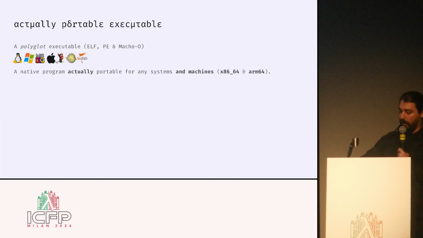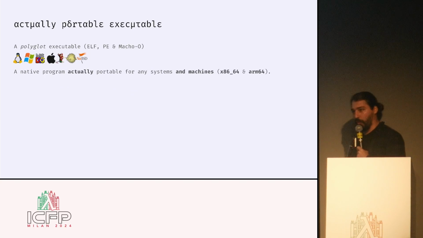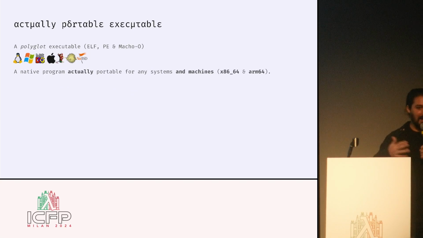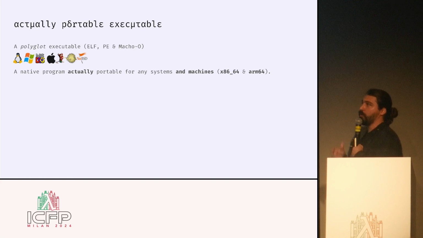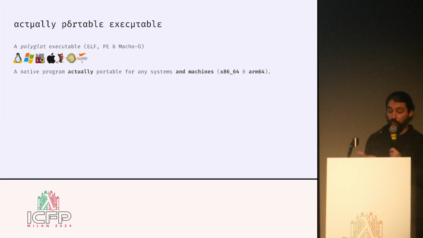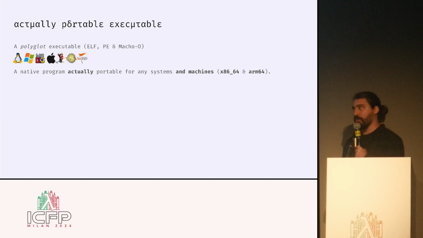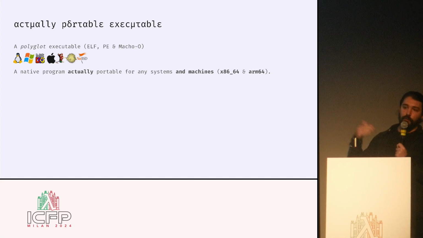At this stage, we are able to run any assembly code on any platform, and we use the advantage of fat binary to run x86-64 and ARM64 programs. We just need to compile the program twice and concatenate the assembly code, and after that it's just about jumping to the right assembly code.